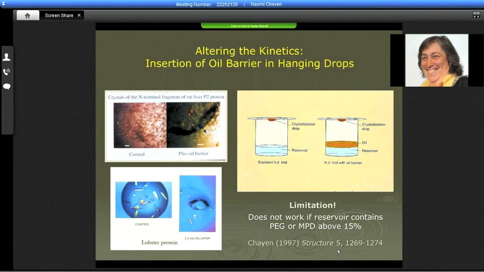And since we're already so much into the oil, some people said, oh, we don't want microbatch, can't you do something in oil with vapor diffusion? We love vapor diffusion. I said, okay, I'll try to find something. And I came up with the idea to put a layer of oil in vapor diffusion experiments